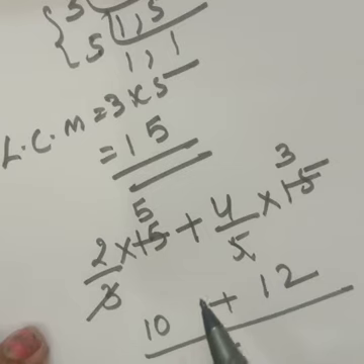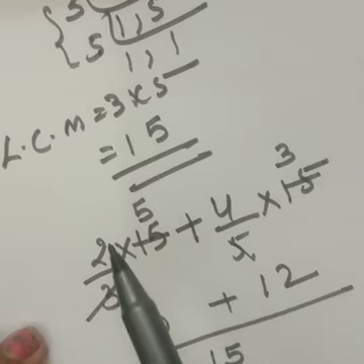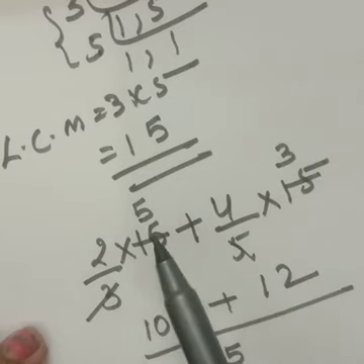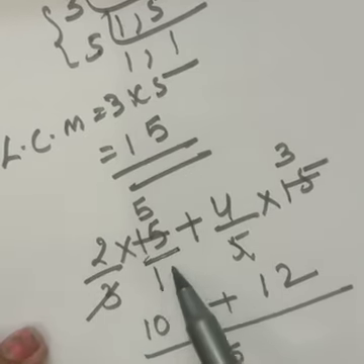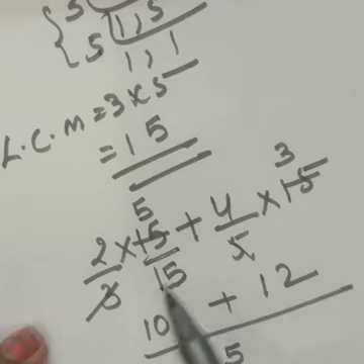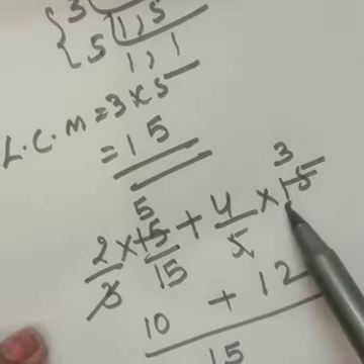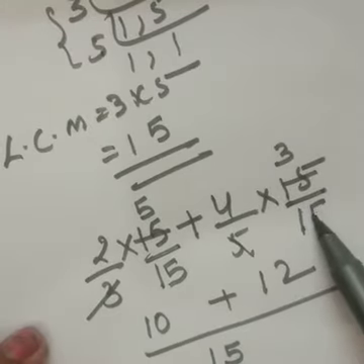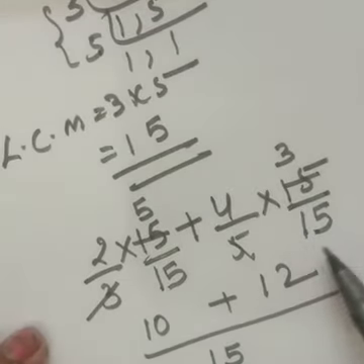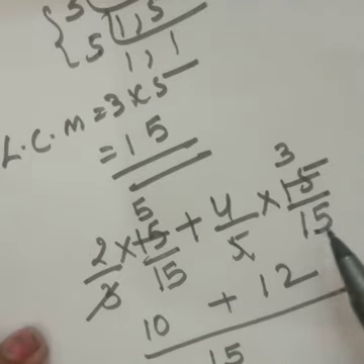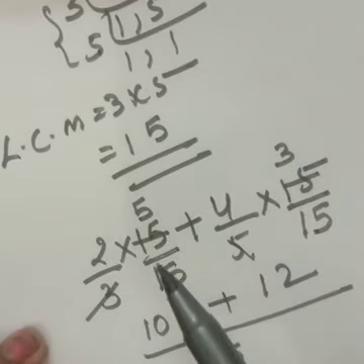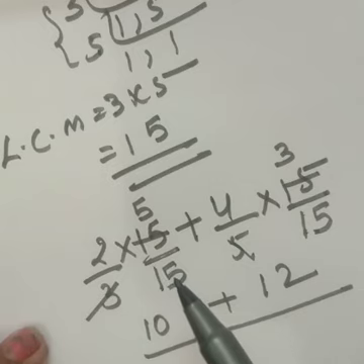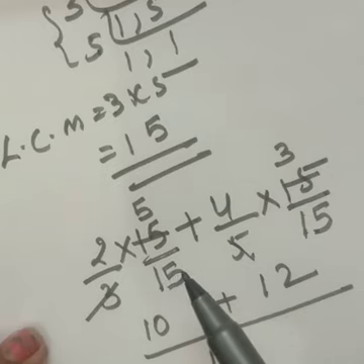How? In the rational numbers chapter I already explained: when you multiply the numerator with a number, that same number you have to multiply with the denominator. That is the rule. But here we are not writing it, it is hidden; 15 is hidden here, and here also hidden 15 is there. Clear? Because you are multiplying by 15 here, you have to multiply by 15 down also. That is the rule in fractions and rationals.